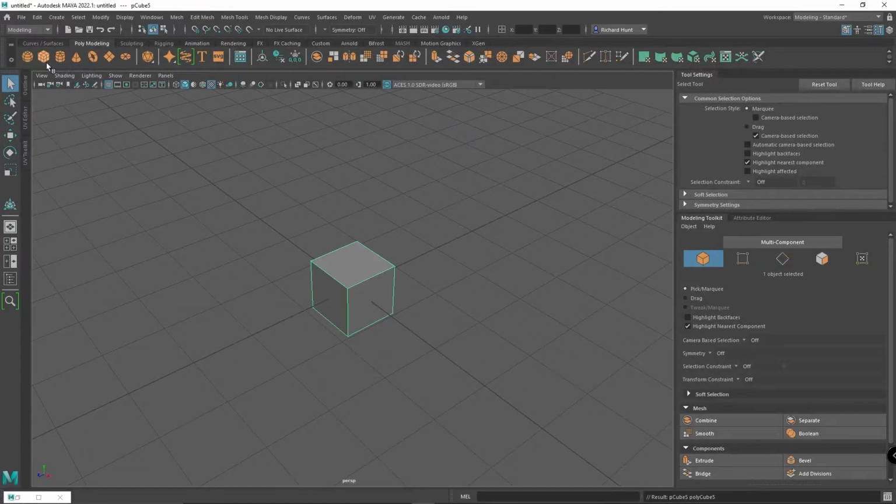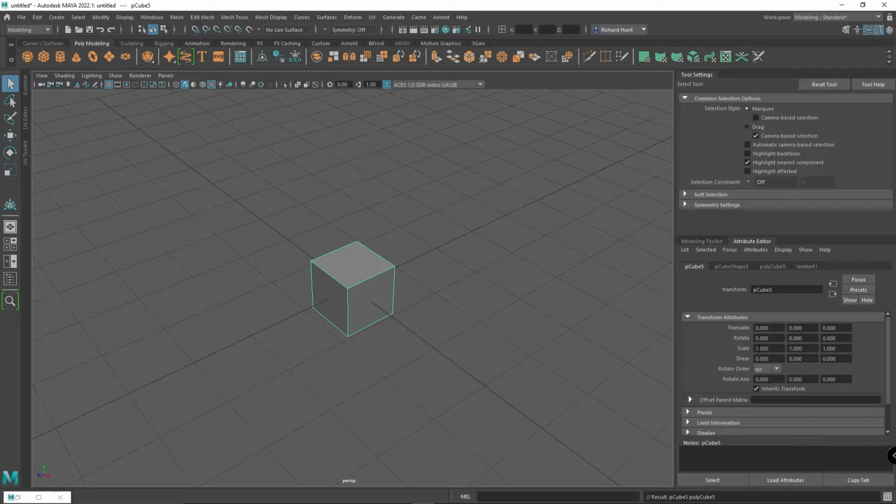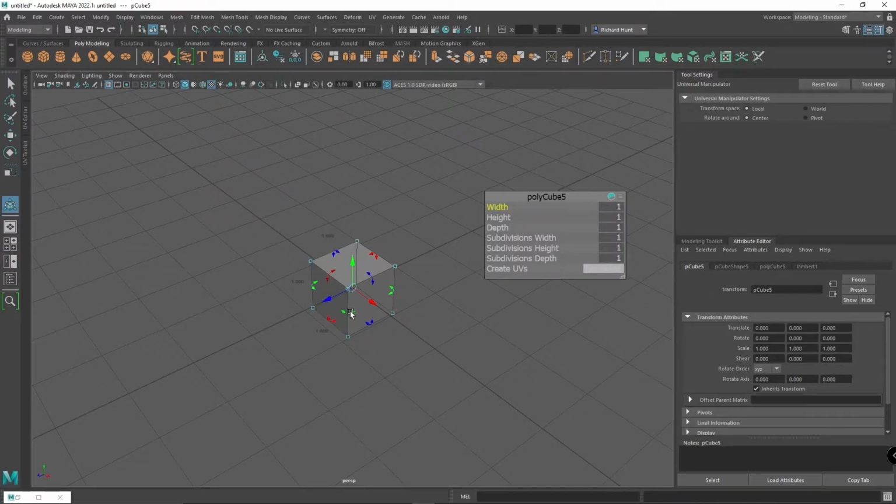Right, so I'm going to show you how to use the Universal Manipulator tool in Maya. It's a fantastic tool that allows you to play with the dimensions of any object you've created rather than play around using the attribute editor and using the scaling, which I find just a lot of work and can be somewhat imprecise. So in order to get up our tool, we just press ctrl-t